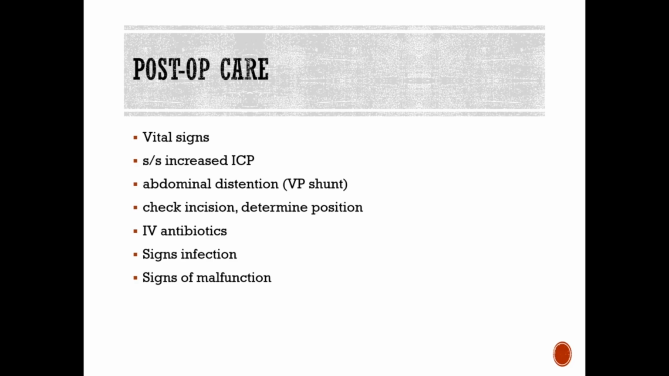They're going to be on IV antibiotics afterwards, looking for those signs of infection and then those signs of malfunction. Did they become obstructed again? So they'll show those signs and symptoms of increased intracranial pressure. You can see nausea, vomiting, irritability, bulging of the fontanelles, worsening of their neurostatus. They may have headaches, vomiting, lethargy, irritability, swelling or redness along that shunt tract, decreased school performance, periods of confusion,